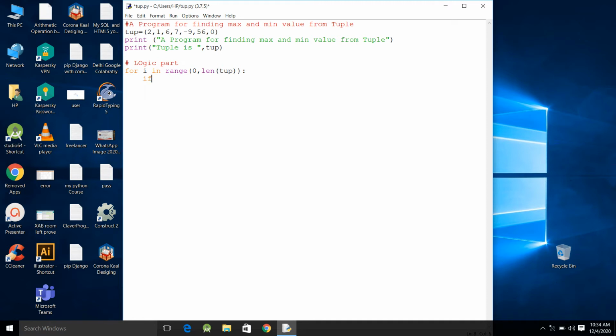Now I will say if i equals 0, then I will take two variables, that is max val and min val. I will take a global variable according to the indentation.